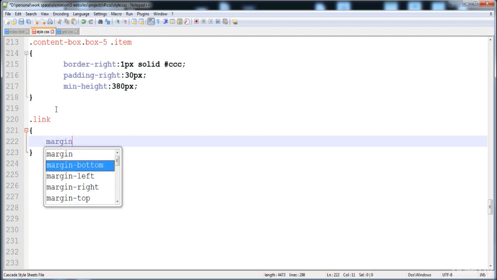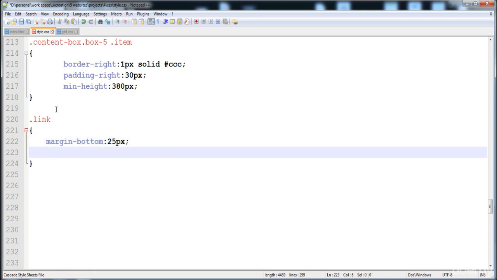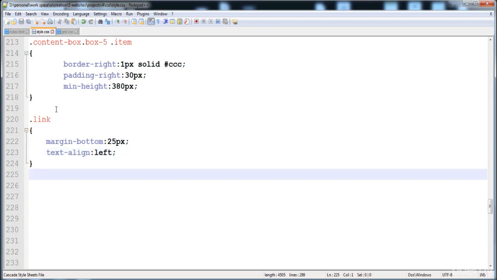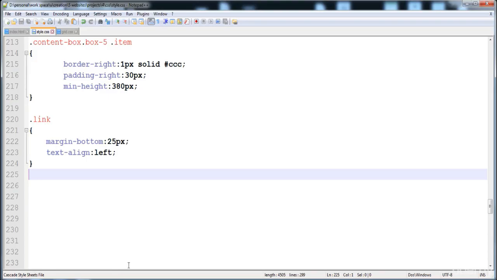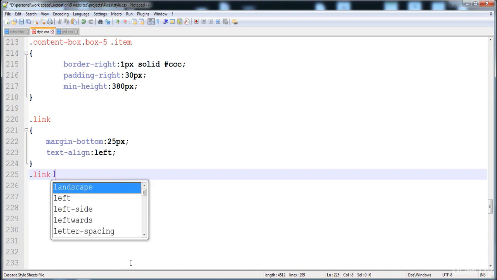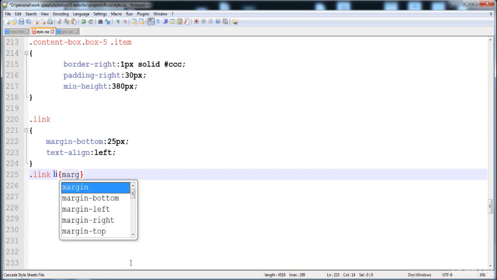Here it is 25 pixels, so a distance is created on the bottom side, and the text is aligned to the left side. And then I'm gonna give a margin on the bottom side of every list item. Here you see that every list item has the margin, and here is margin bottom